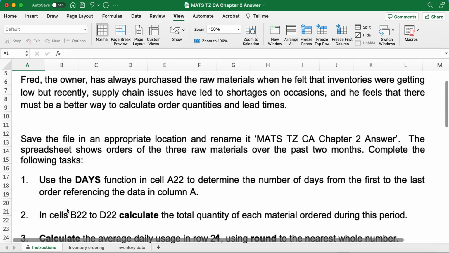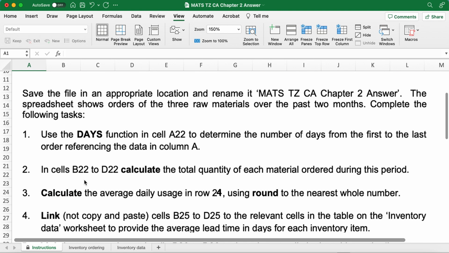Fred, the owner, has always purchased the raw materials when he felt that inventories were getting low, but recently supply chain issues have led to shortages on occasion, and he feels there must be a better way to calculate order quantities and lead times. We need to save the file in the appropriate location and rename it as Matt's TZCA